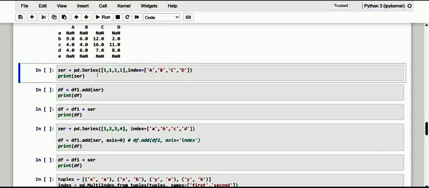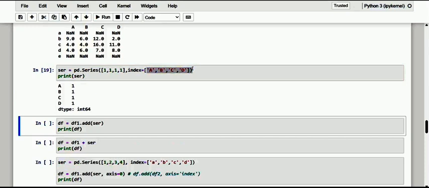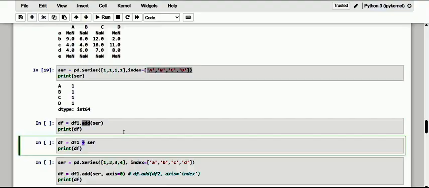So here is the series, and kindly observe that ABCD is the exact index. If I want to use the add method and the plus operator, I am going to apply both.